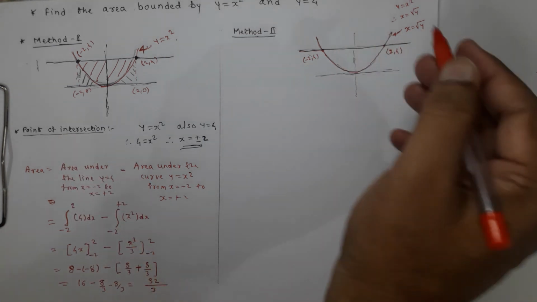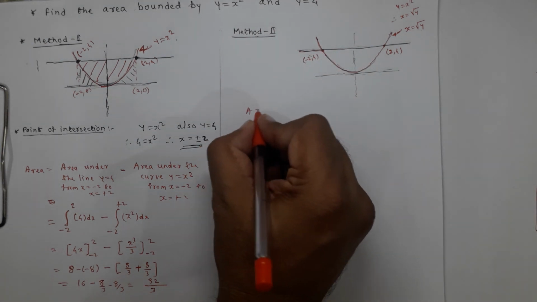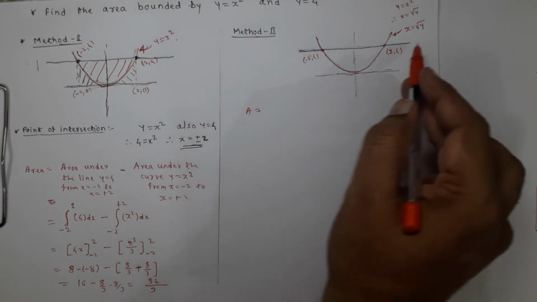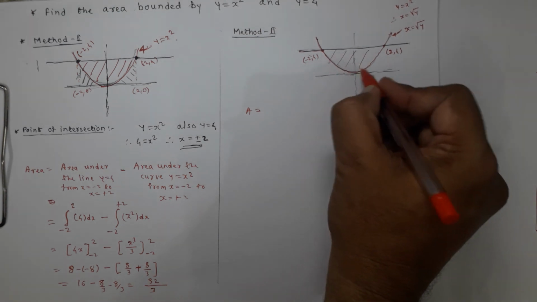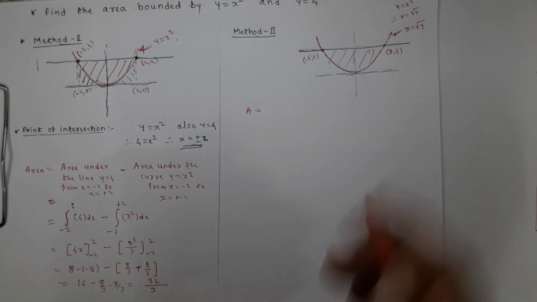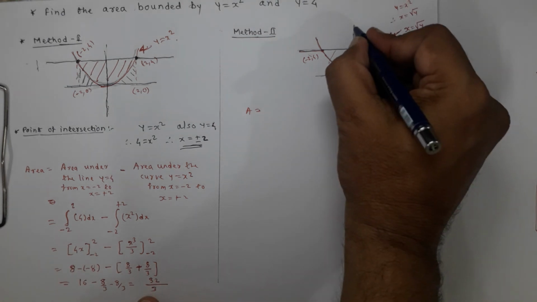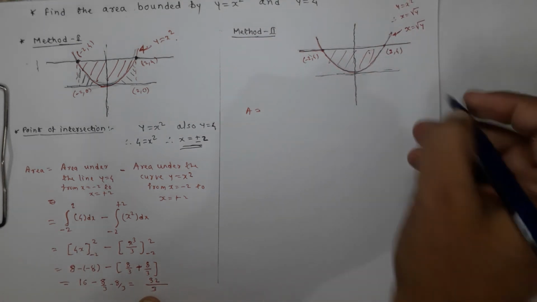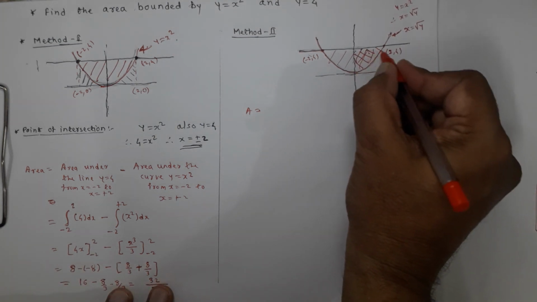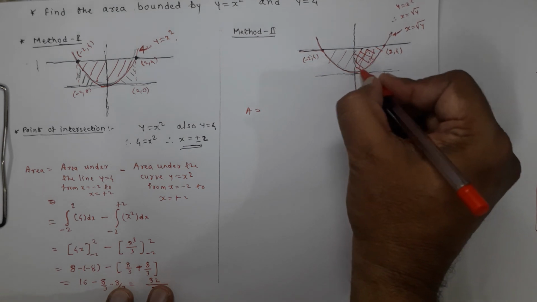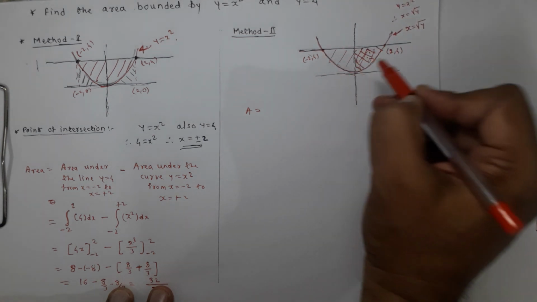Now I am going for the second method and I want to use the second formula of area. A is equal to, now I want the area bounded by this straight line y is equal to 4 and the curve. So this area is nothing but this area. But again I can see that this area is symmetric about the y-axis. So if I draw the y-axis like this, I will get the area in the positive or first quadrant. So this area I will be getting, and I can see that the symmetry is there.